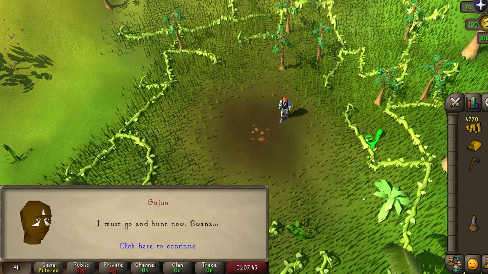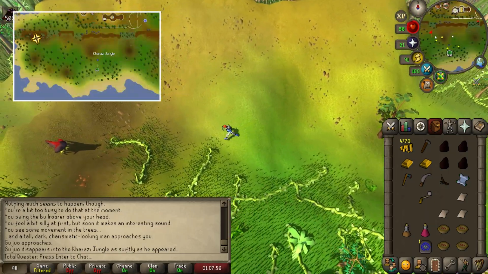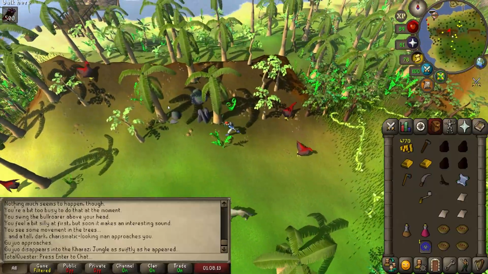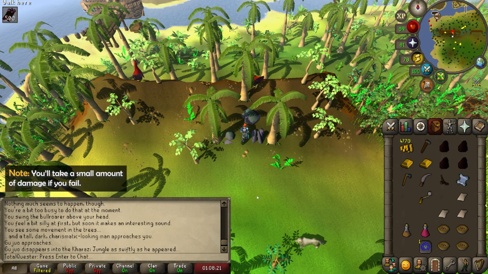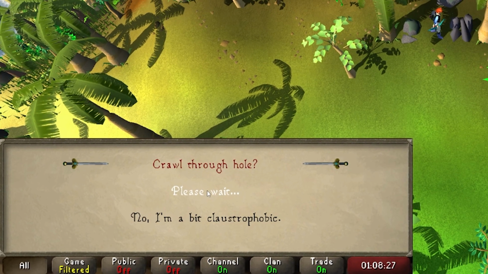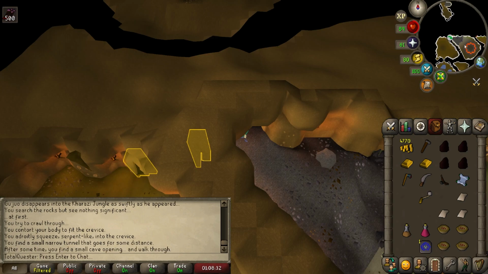Great name. After the chat finishes, run west and a little north for a while until you're around the northwestern section of the Kharazi jungle. And here, nearby the north border, will be 3 grey rocks. Choose to search the most eastern rock, and after some text appears, go through it before selecting, "Yes, I'll crawl through, I'm very athletic." There's a chance you'll fail and need to try again, but once you succeed, you'll enter